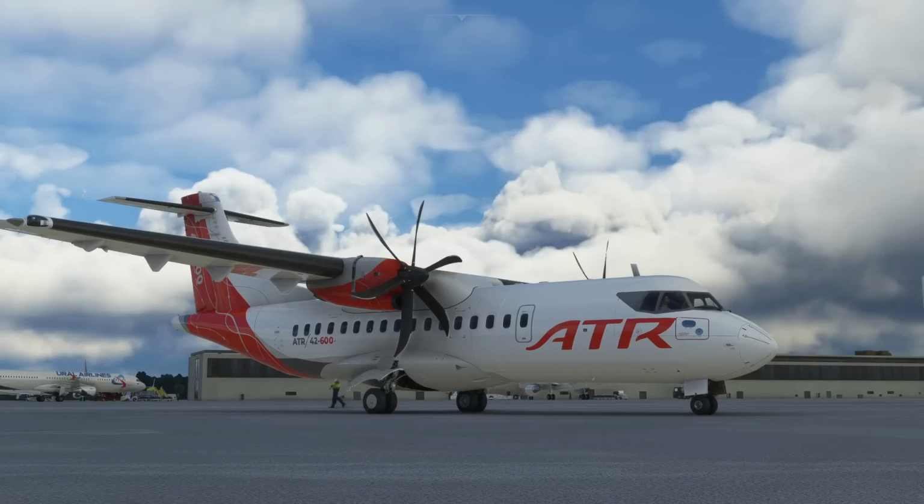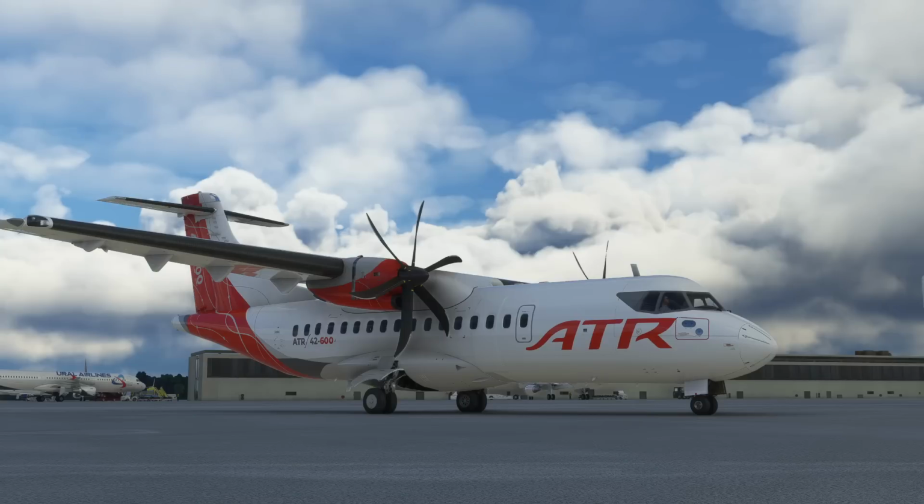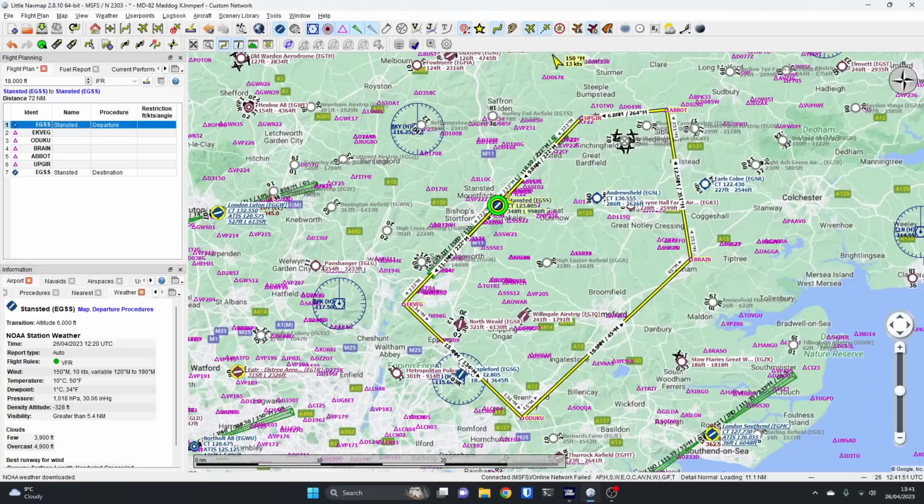Hello! So today we are going to take a further look at the ATR in Microsoft Flight Simulator. We're going to do a circuit of Stansted Airport following a flight plan. So if we go and have a quick look at Little Nav Map, you can see the route we're going to take. So we're going to fly out runway 22 out to Ekvej, then Odoku, then Brain, Abbott, up gear